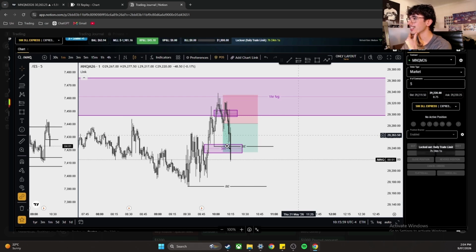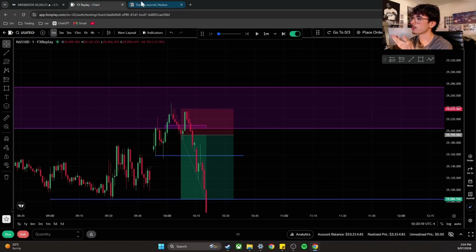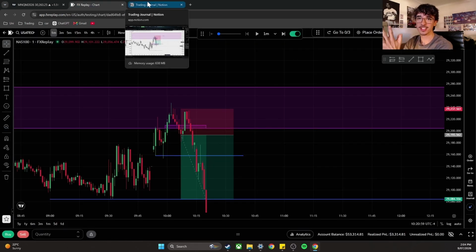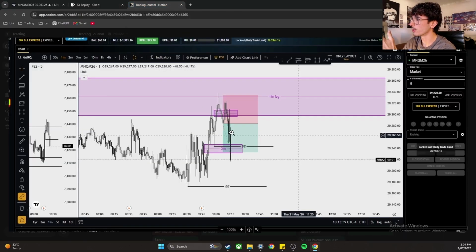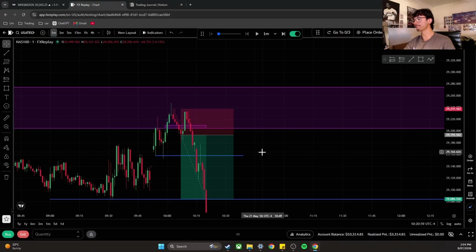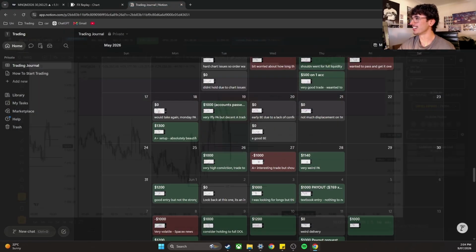Oh, I went break even. Yeah, I went break even before it even hit my break even zone. So this is a part of my system. This one should have worked, but I actually had an error where I went break even on that candle before it even tapped it for some reason. So if you're following my system properly, you would have actually succeeded on that trade, but I didn't properly